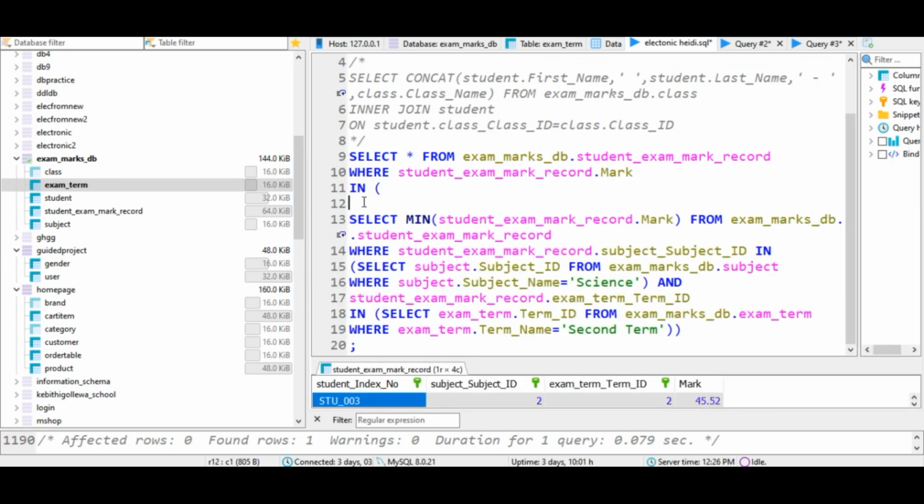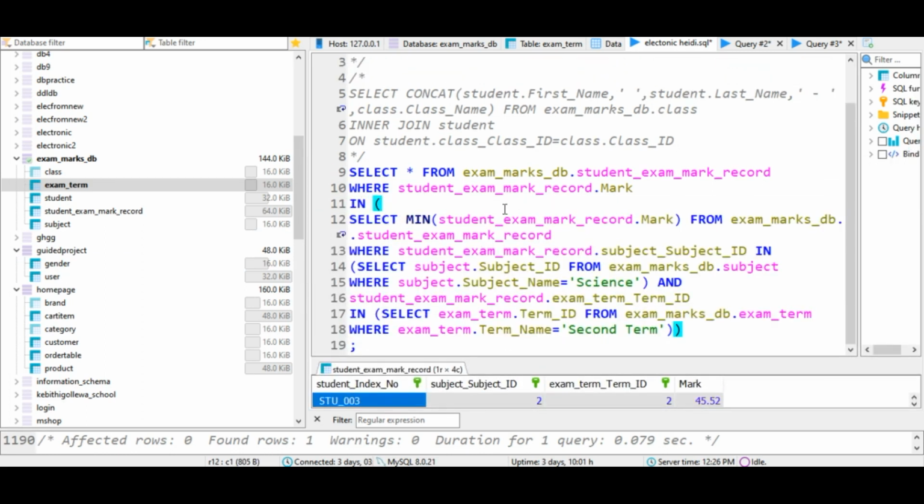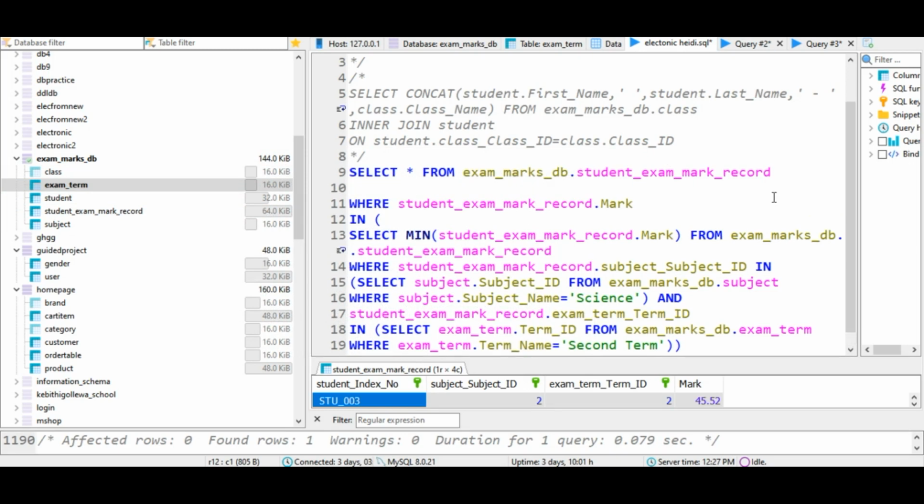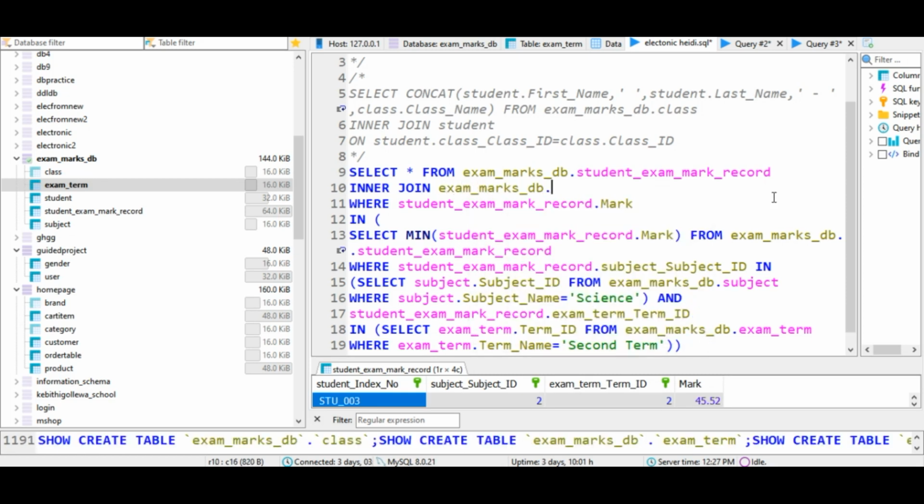By using the student's index number, we can easily get the student's details from the student table. Therefore, we have to join the tables. So I'm going to join the student table with the student exam mark record table. Therefore, I have to use the inner join keyword. So inner join exam mark DB's student table,